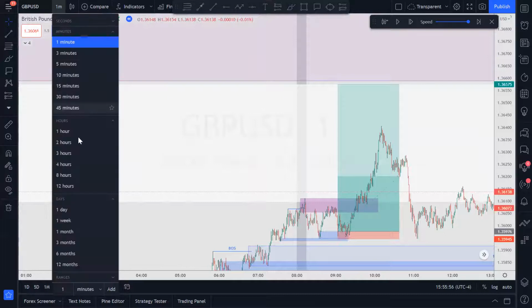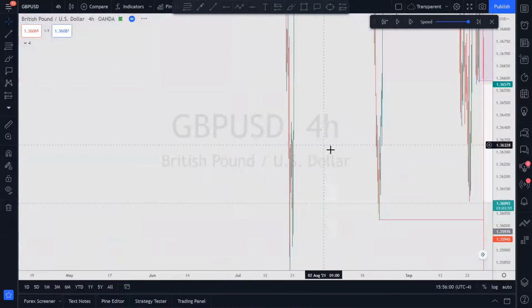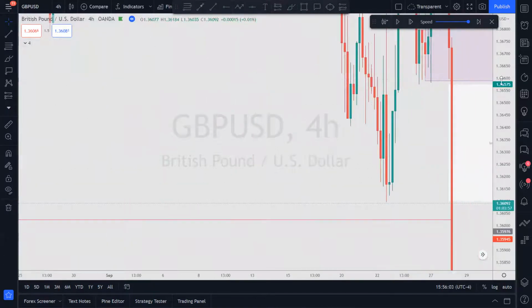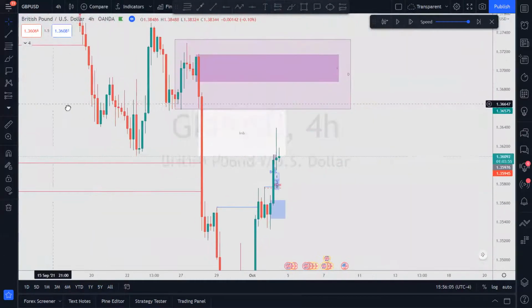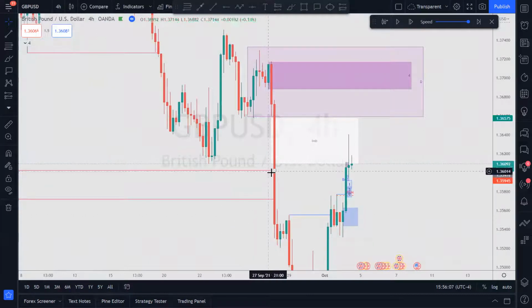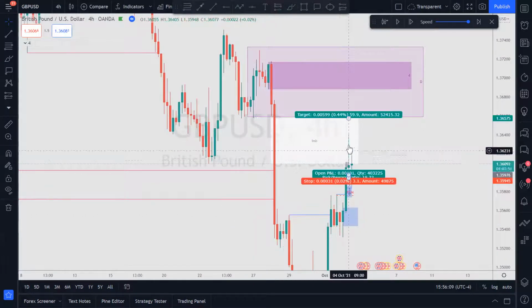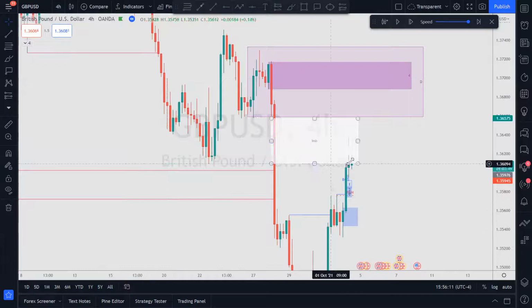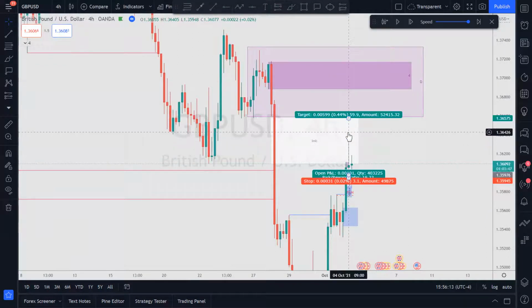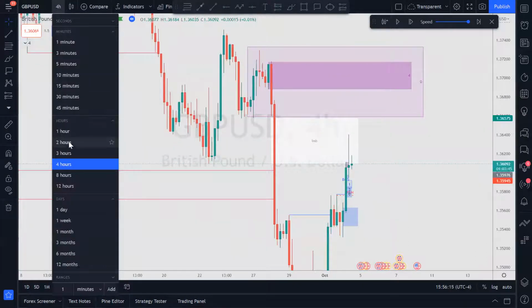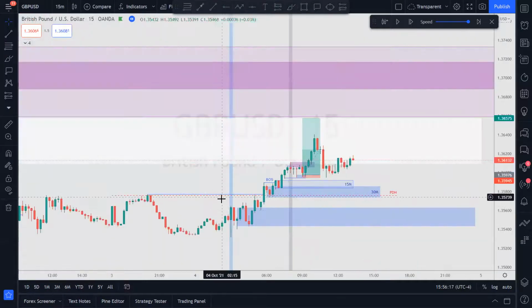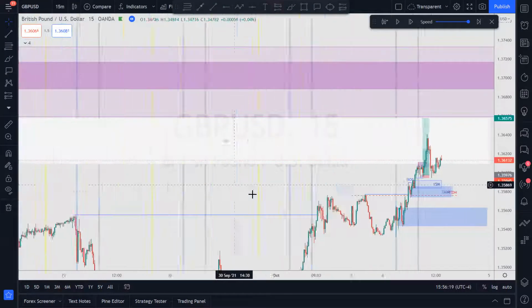I want to point this out. This is classic stuff. Look at the order block. I mean, look at the inefficiency. What did I tell you about this inefficiency? All right. Oh, well, it doesn't show it here on the 4 hour, but you know that price is going to get to that inefficiency. And if we go down to the 15, you can see